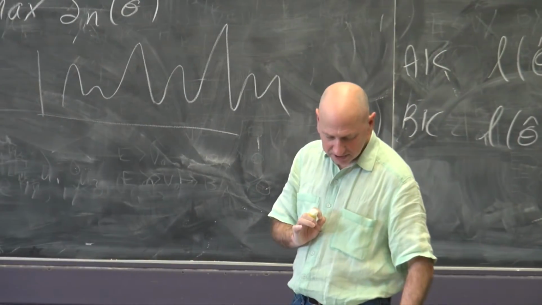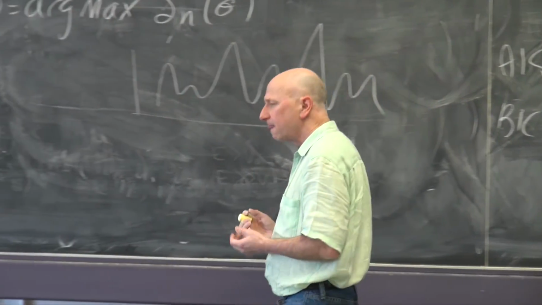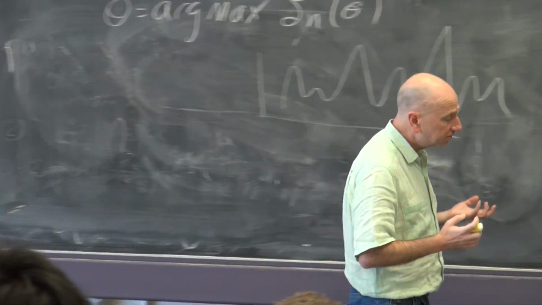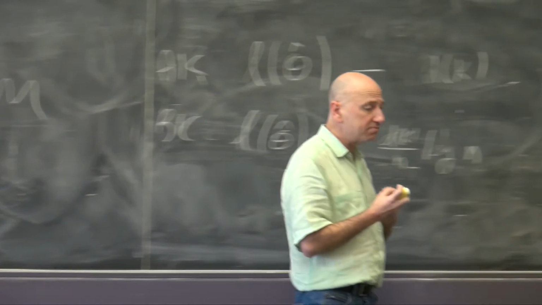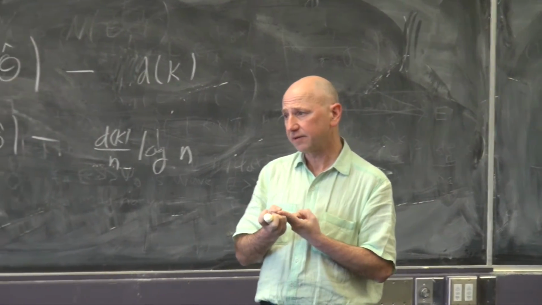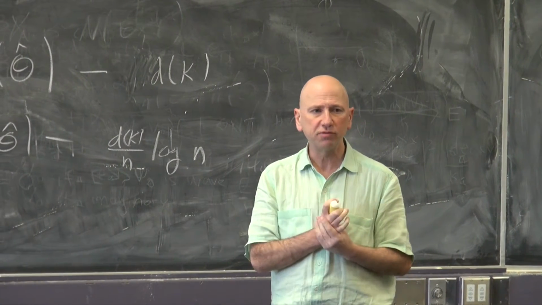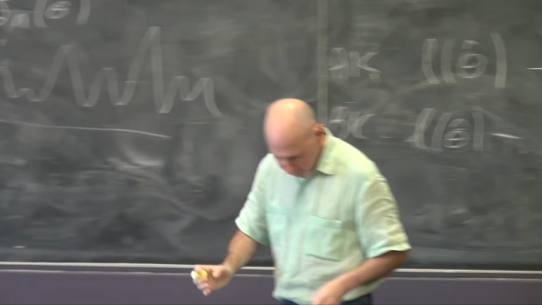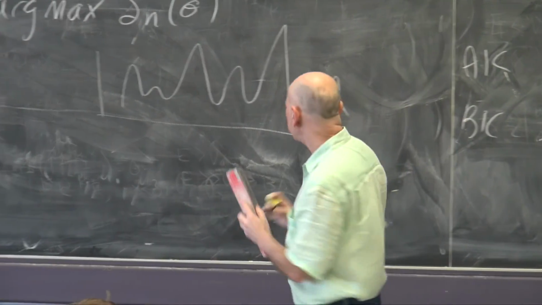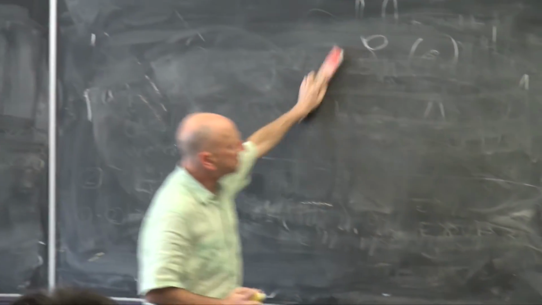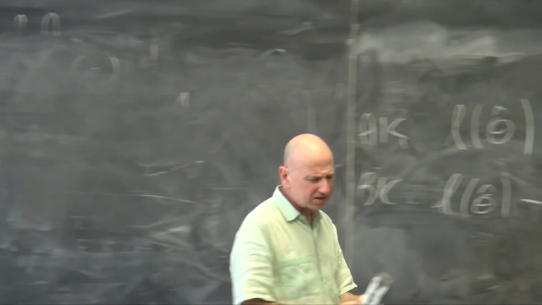I'm going to start with these, what are called density-based methods. Density-based clustering, there's kind of two types. There's probably more than two, but two main types. One is mode-based clustering, which I'm about to describe, and then there's something called level set clustering. Then we'll move on to the more traditional ones like k-means and so on. All right, so since we've learned now how to estimate a density, let's see if we can put it to use. So mode-based clustering,